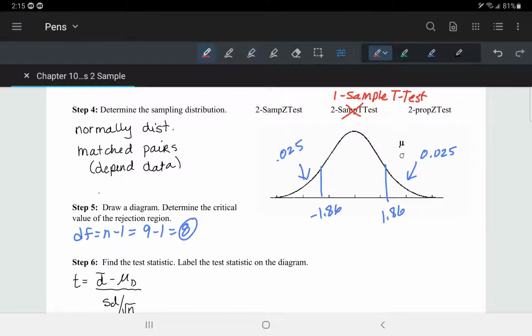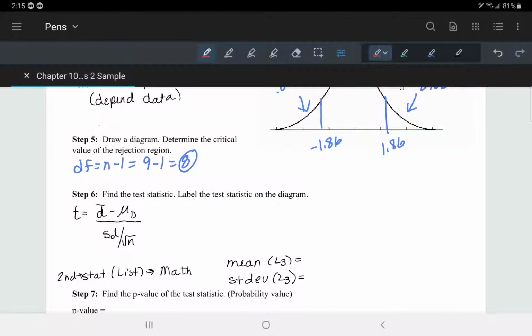Next, we need to determine the test statistic. So t will be equal to d bar minus mu sub d, the sample average differences minus mu sub d, divided by the standard deviation for the sample over the square root of n. So d bar is the mean of L3. To get there, you're going to have to go to stats, or second in stat, that will get to the list menu, and from there go to math, and you'll find both of these functions there. So we see then that the mean is